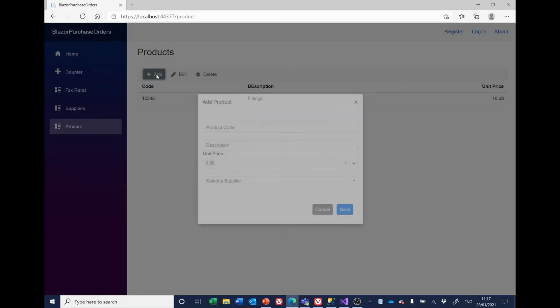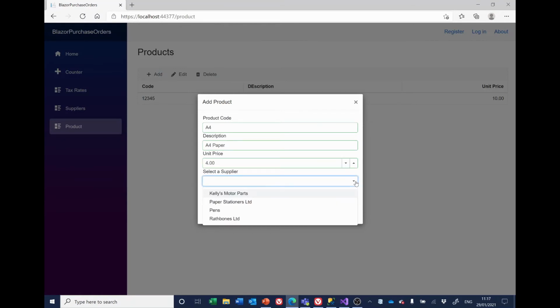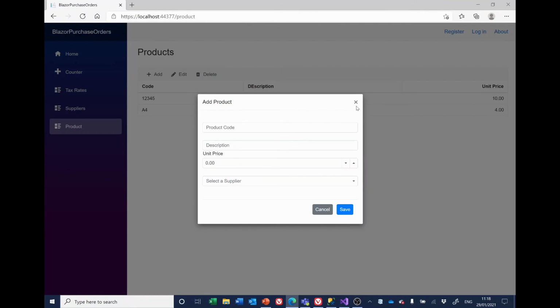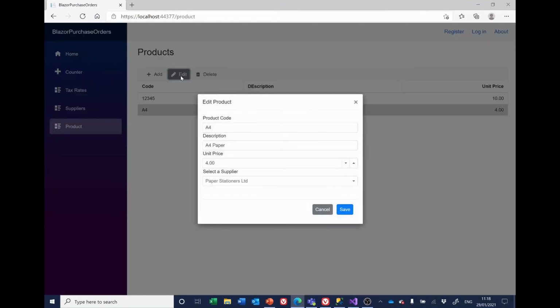Let's try adding a new one. So product A4, description A4 paper, unit price, say £4. Select a supplier, and you'll see here we've now got the list of suppliers. And if I save it,